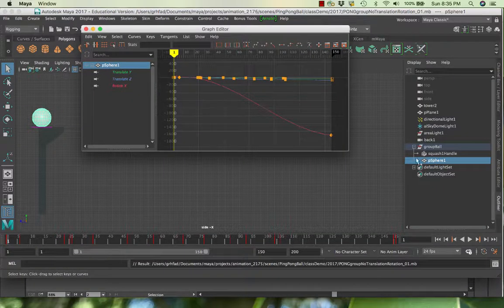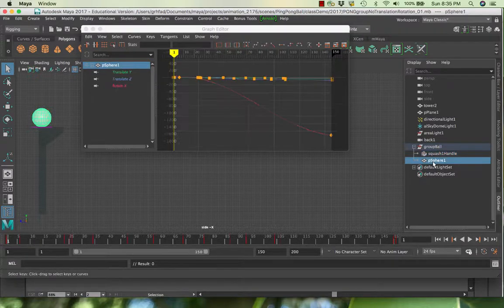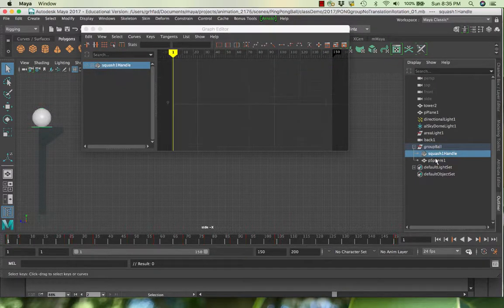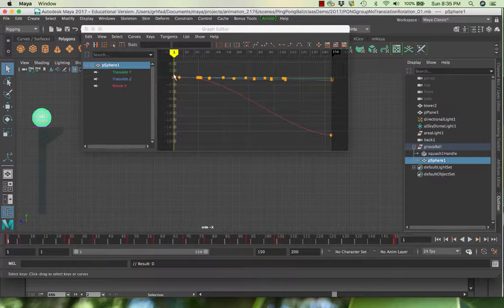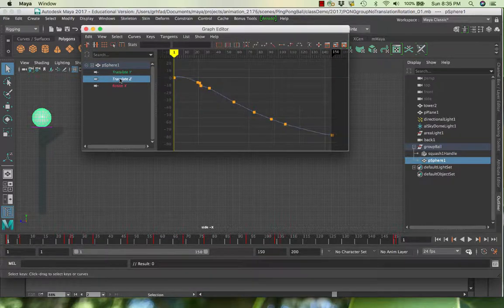Okay, so we've got a group. Inside the group we've got the squash handle and we've got our sphere. And the sphere has three different pieces of animation. Translate Y, making it go up and down. Translate Z, which makes it go left to right. And the rotation. So our goal is we need to get the Y and the Z onto the group so